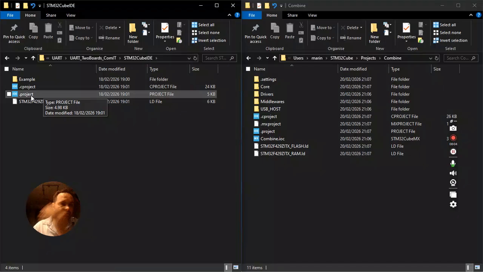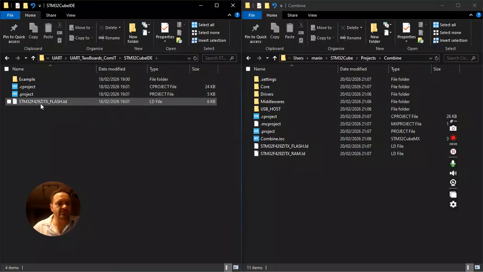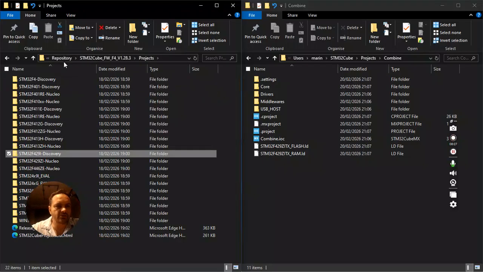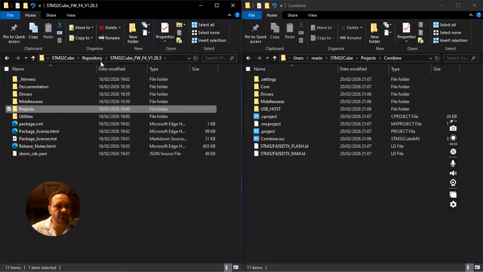You can open it in IDE, and it also works, but it's only UART, no LCD. So to combine them was a bit tricky. Anyway, now we have a whole layer project called Combine, and I want to add port support in this project. So what I'm going to do is go back to my,